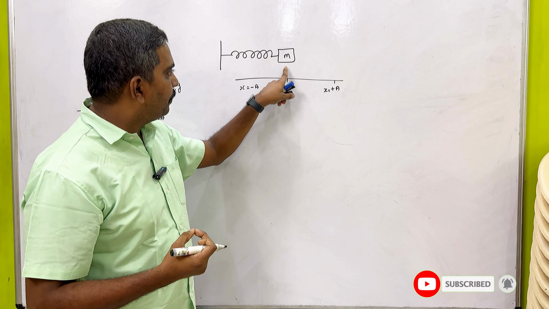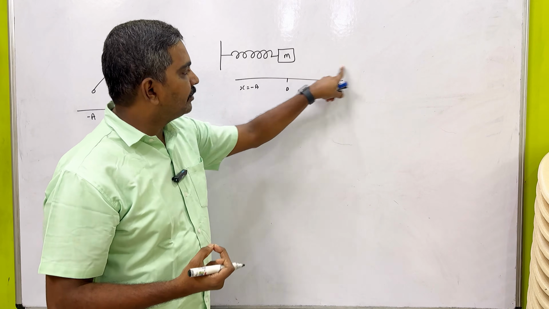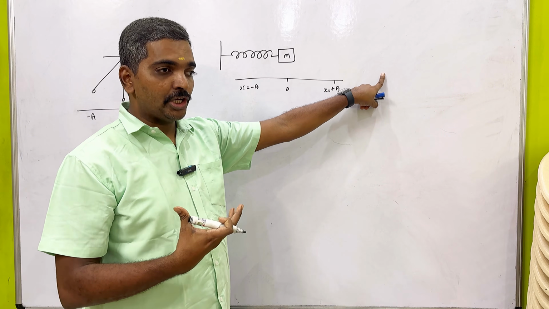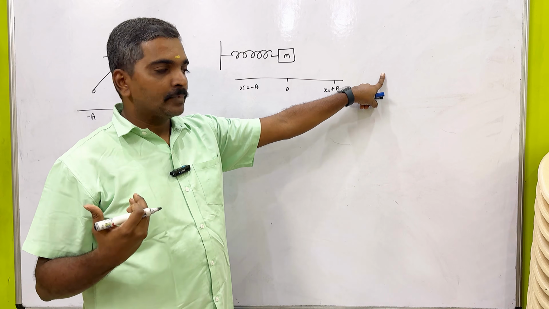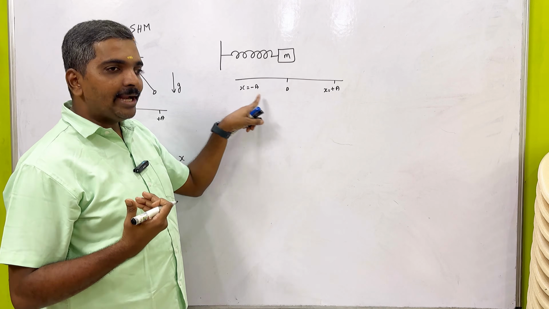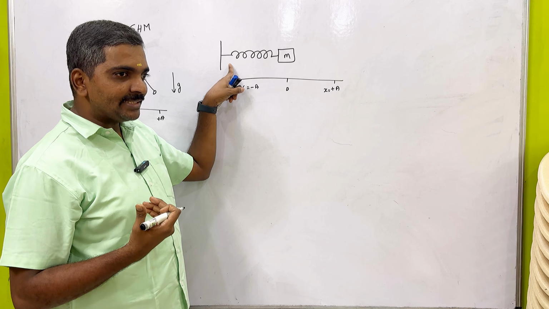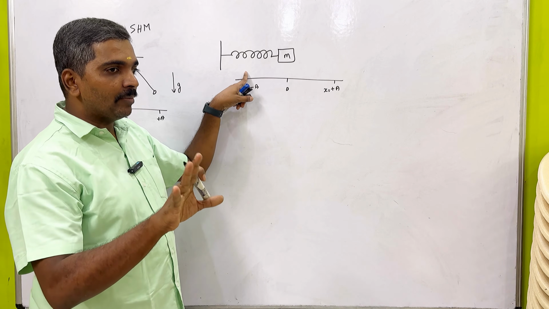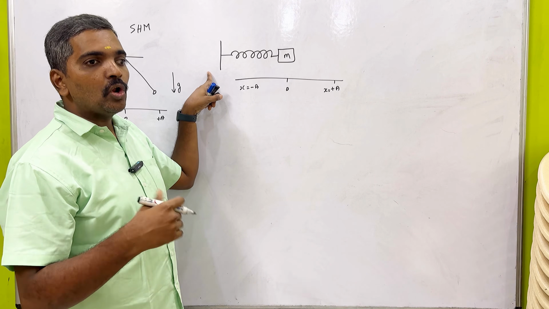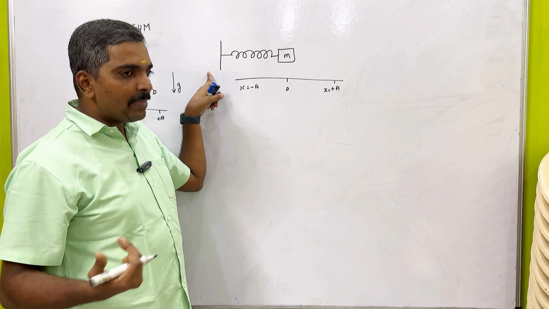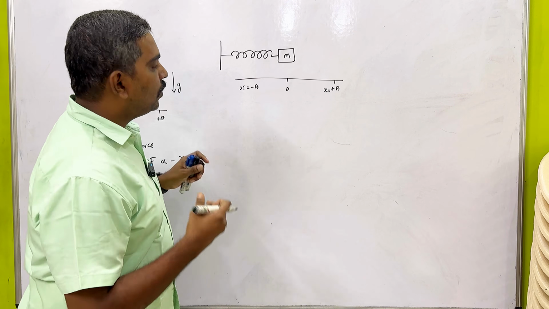If I pull this spring beyond this, what's happening? It loses its elastic nature, it never comes back to its original state. Here we have minus a. If I compress this mass m up to this point, no problem. Beyond this point, what's happening? It loses its elastic nature, it never comes back to its original state, right? So now I'm going to